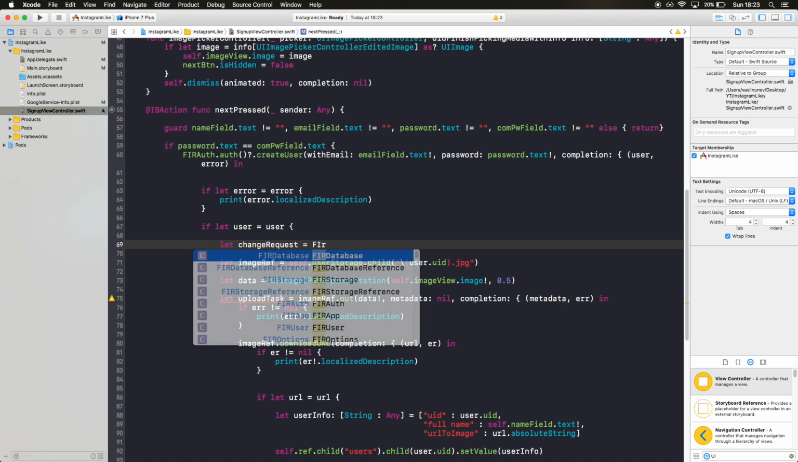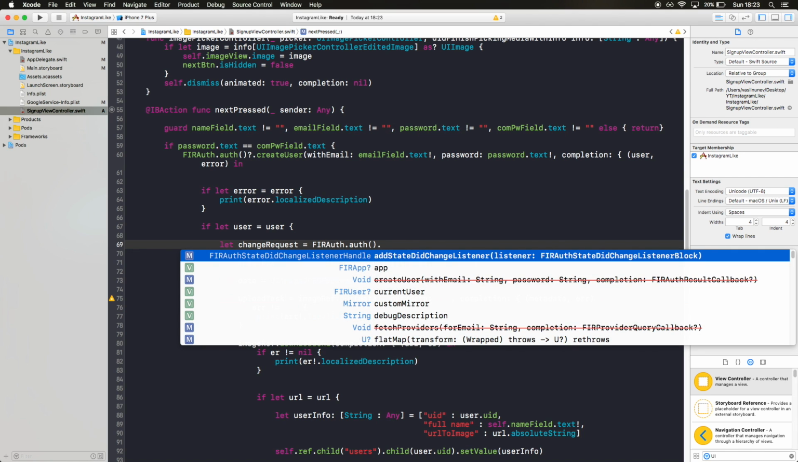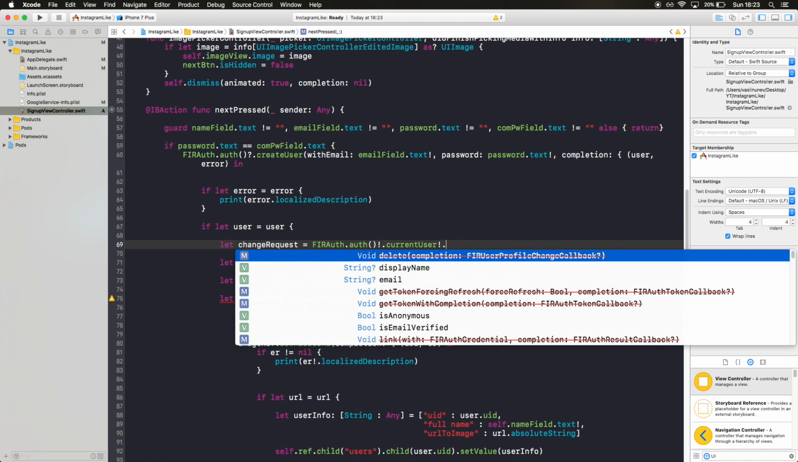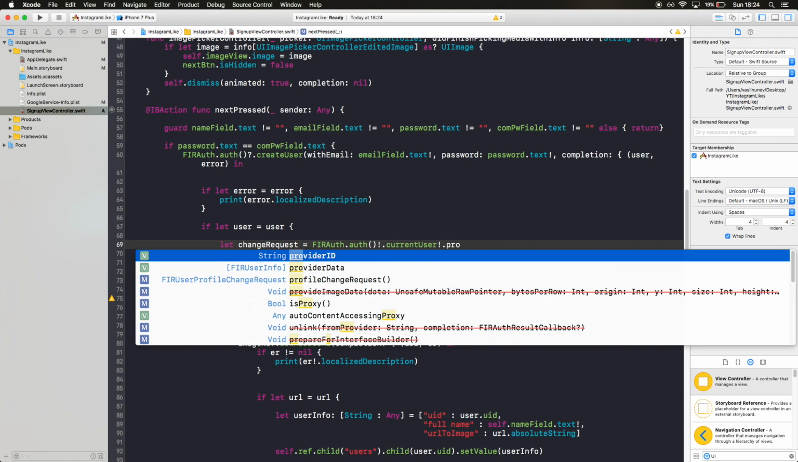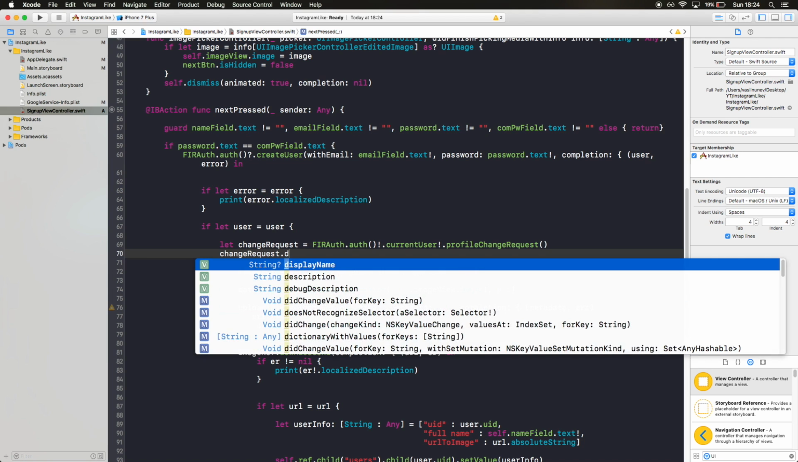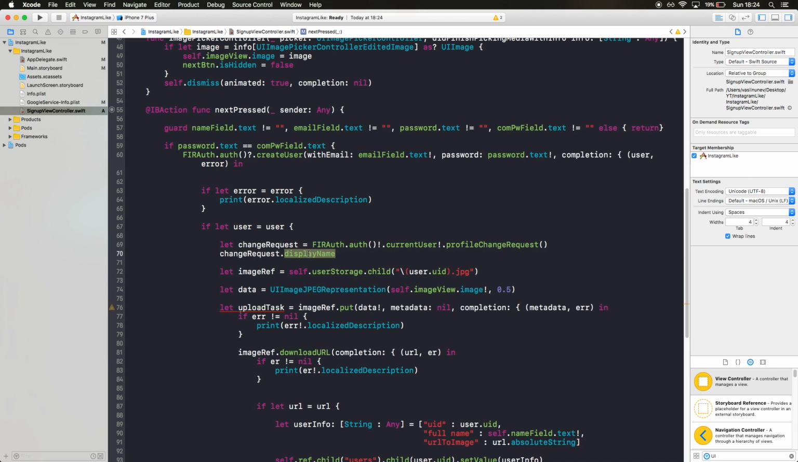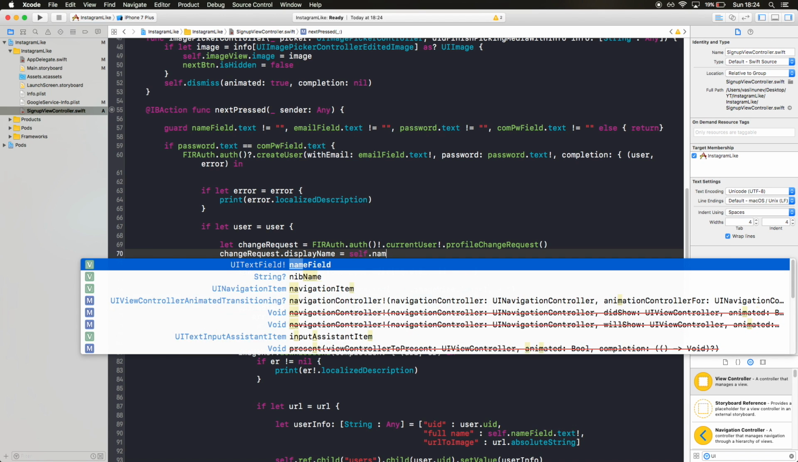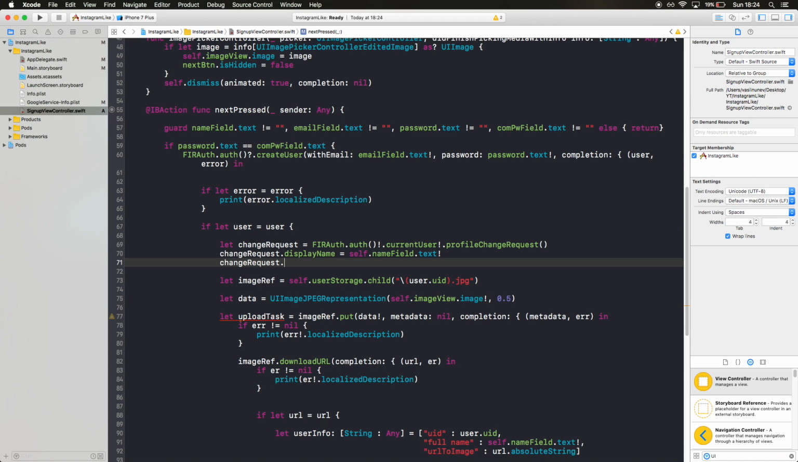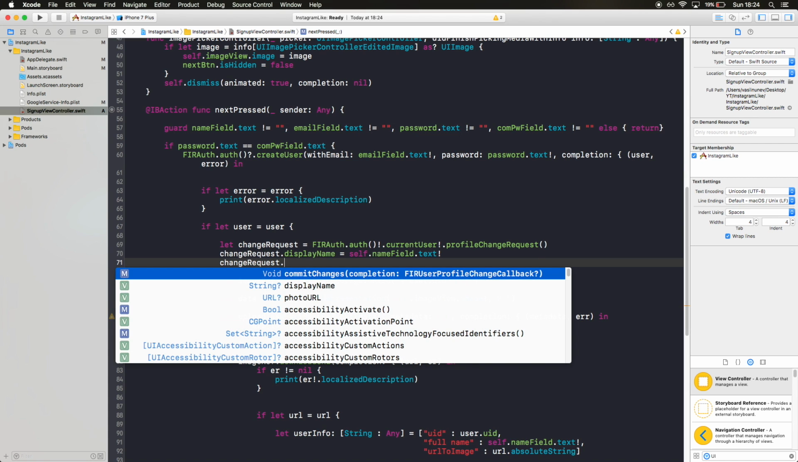and this equals FIRAuth.auth current user, that I know everything exists, and on the current user I want to make a profile change request. And here we press changeRequest.displayName. I want this display name to be equal to the name field, so I'm gonna simply say equals self.namefield.text. And after that you want to commit the changes, so changeRequest.commitChanges with completion, and we